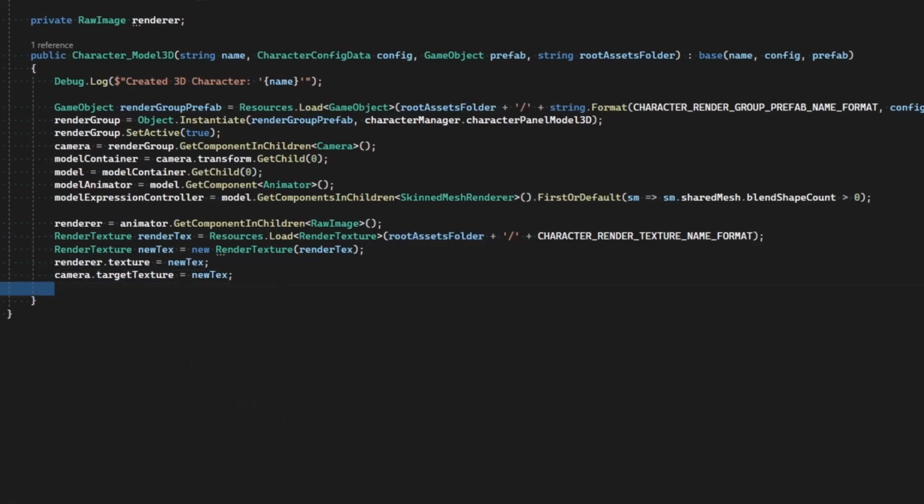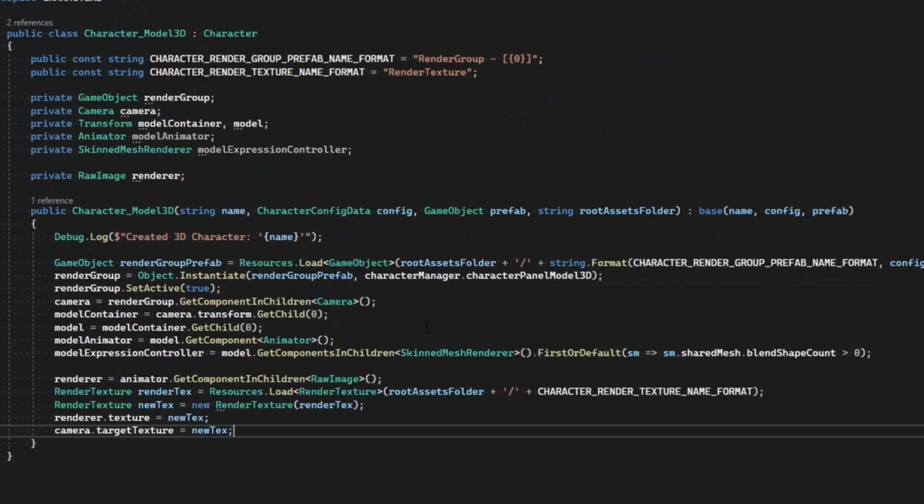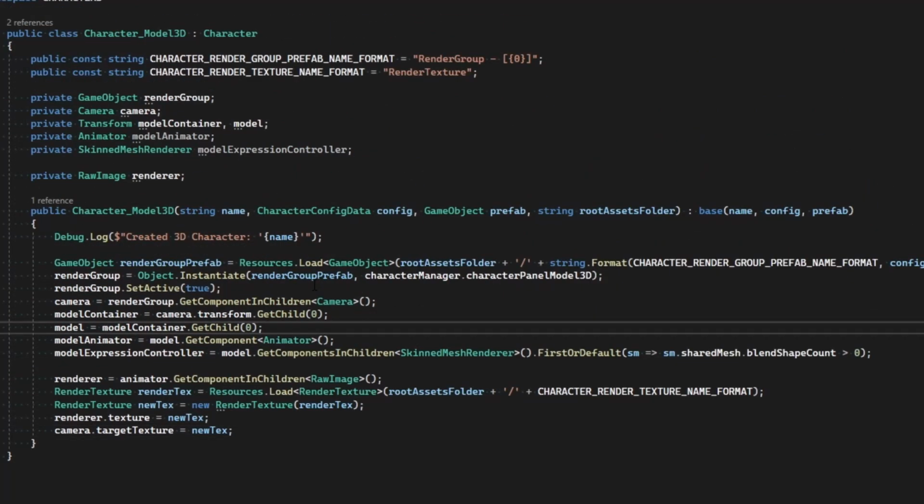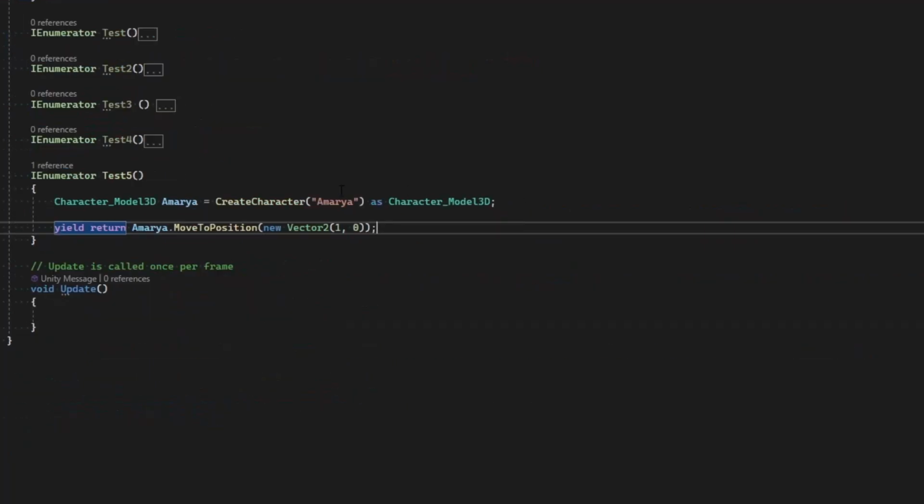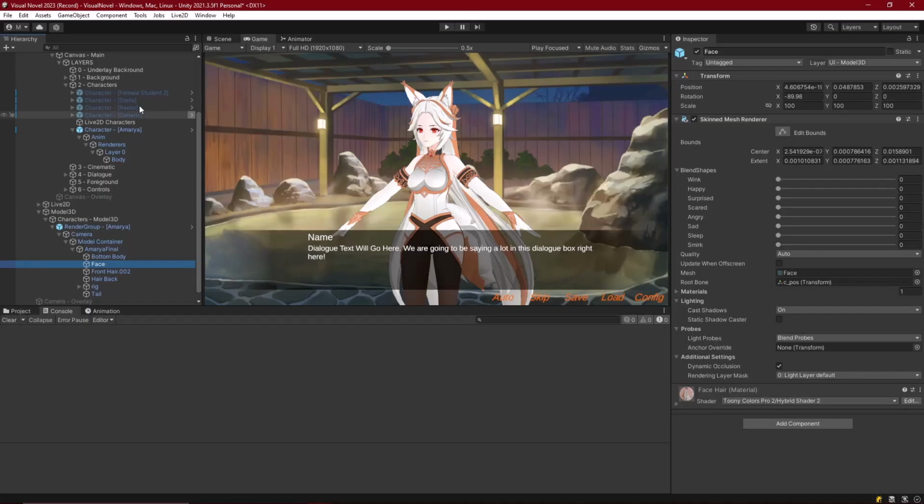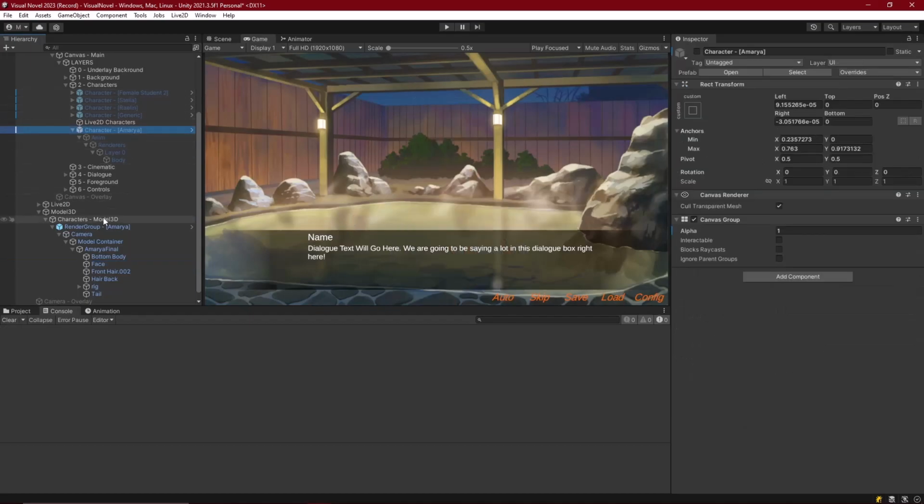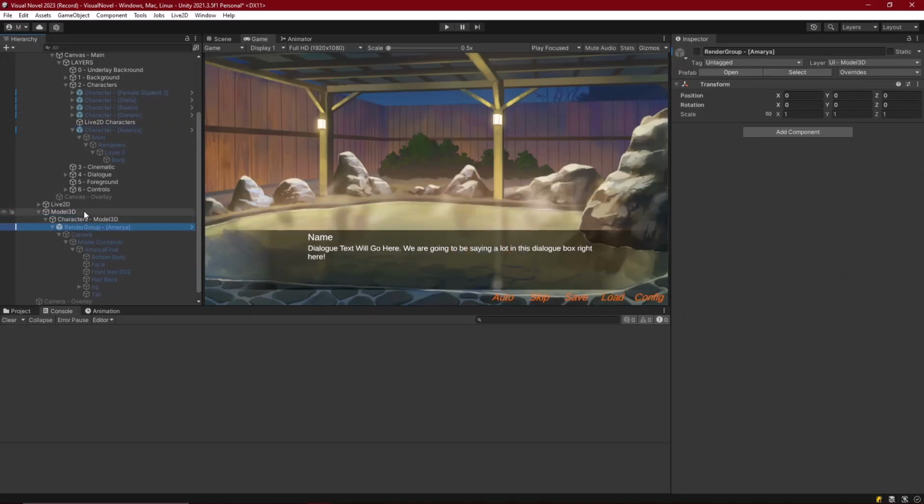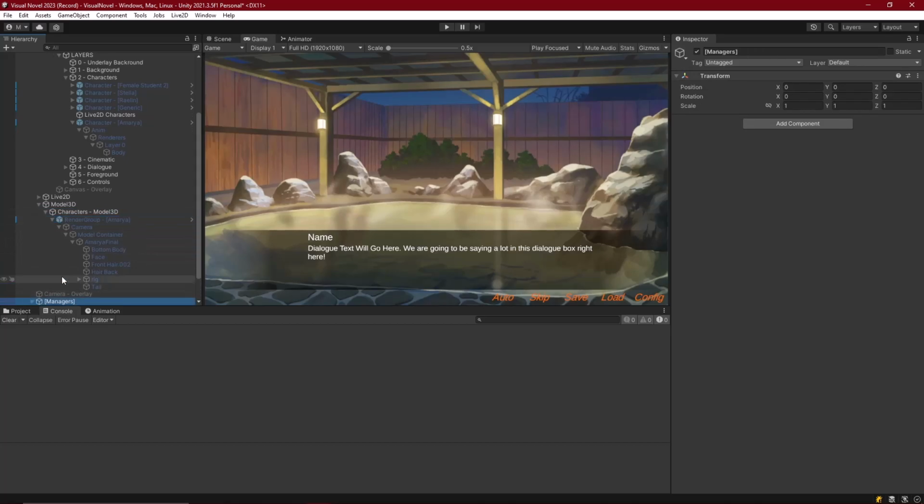Okay, if all of that is right, we should be able to go into our scene and spawn the character in and have it just work. So inside of test characters, I'm just going ahead and creating Amaria on the screen, and then I'm going to move her to the right side of the screen. Let's go ahead and disable these objects in the scene, that way there's nothing there, and come into our managers,